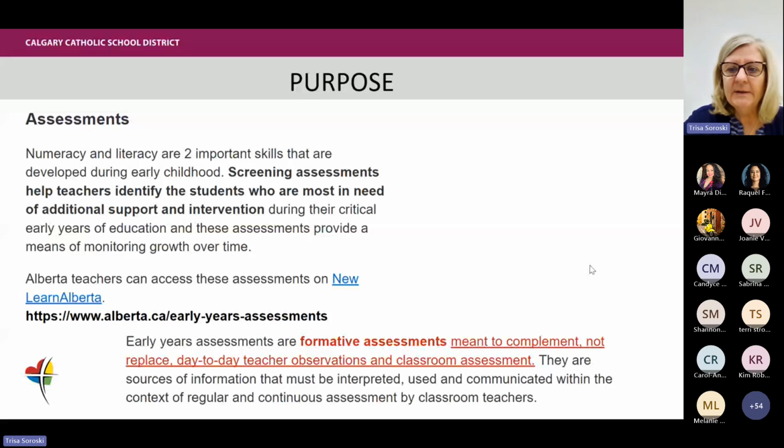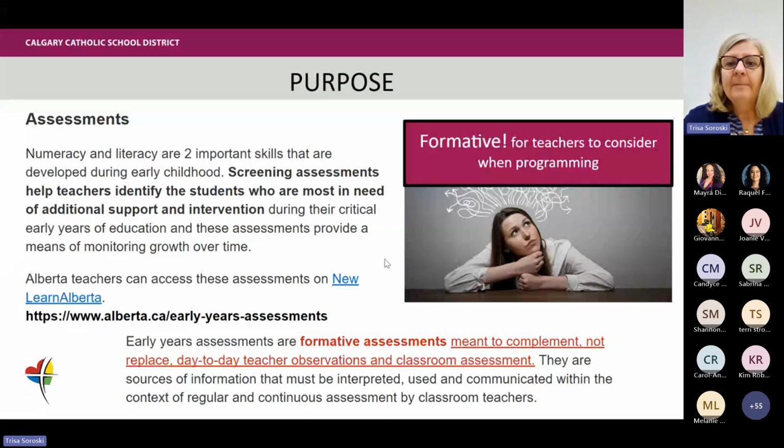These early years assessments are formative assessments. They're meant to complement, not replace, your day-to-day observations and classroom assessment. So this is not a replacement for any of the good, sound assessment practices that you currently have in place. This is just meant to be a complement to that.